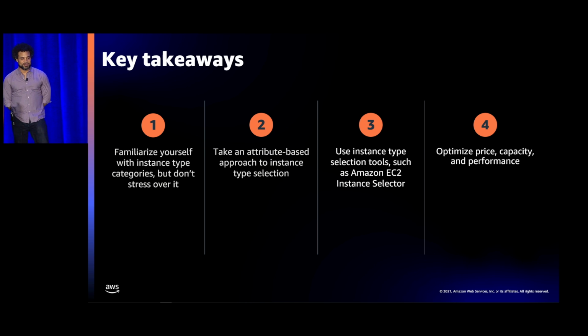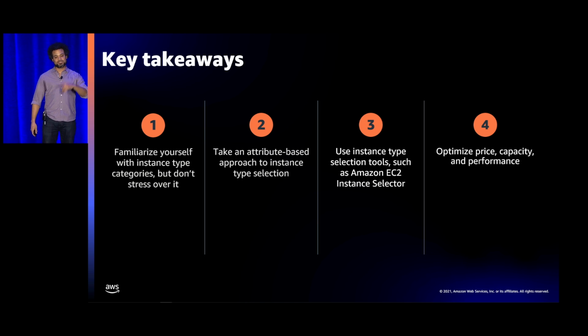So what are our key takeaways? The first is we've got a lot of different instances, and they're for a variety of different use cases. Don't get taken aback by all the choice. It's there for a reason. Just familiarize yourself with the basic categories and begin to take an attribute-style approach as you make those selections. So once again, how many vCPUs do I need? Is it an HPC application where I have a lot of internode bandwidth and communication? Then I need to start looking at instances that have enhanced networking.